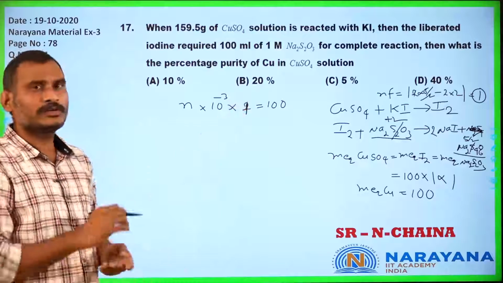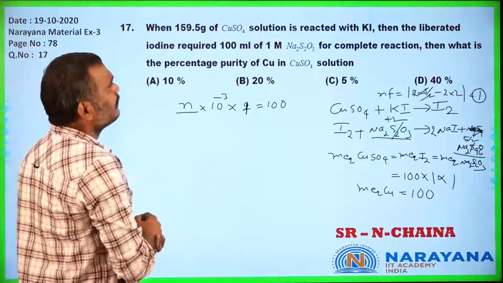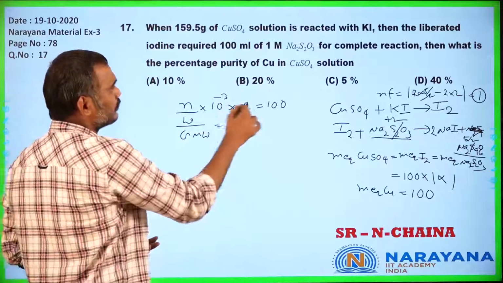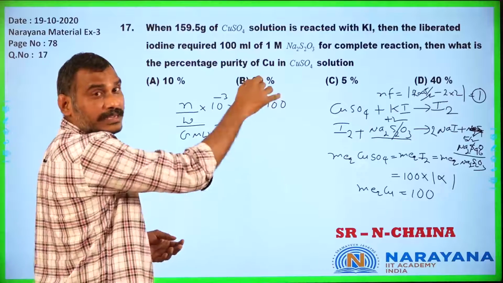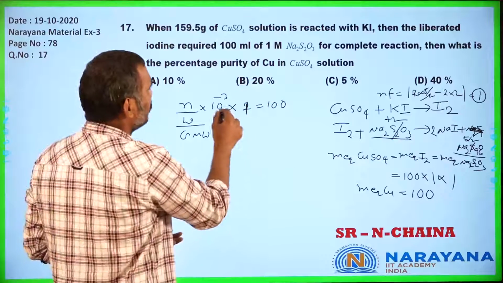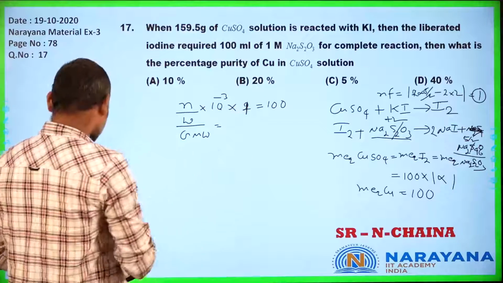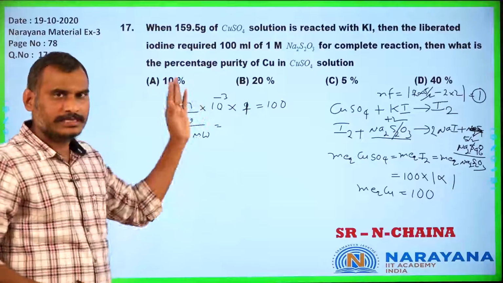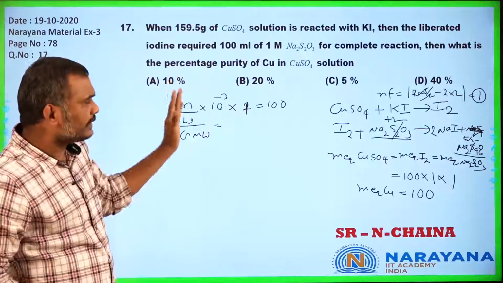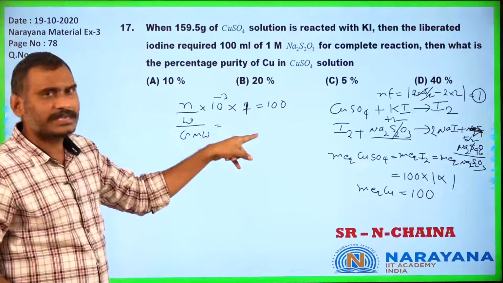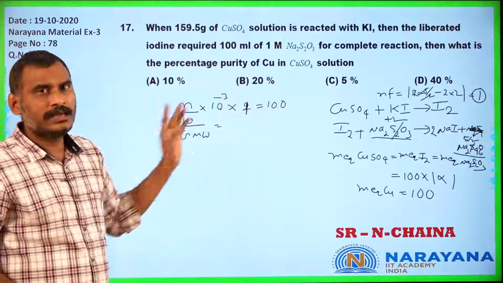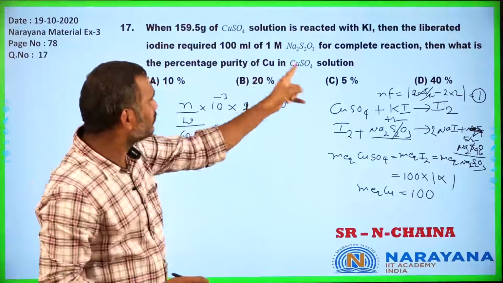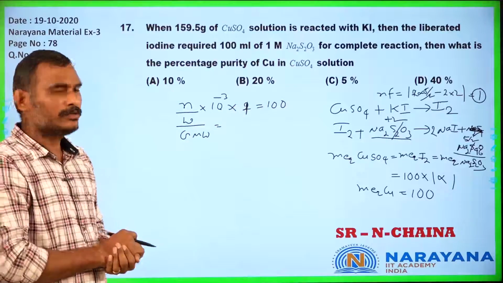So the n factor is equal to 1. The number of moles is nothing but weight by gram molecular weight, which is equal to 10 power minus 3. It goes up, that is 10 power 3. I am converting milli equivalence into equivalence, that is number of moles into n factor into 10 power minus 3. Already you got 100 into 1, 0.1, that is equal to 1 by 10.